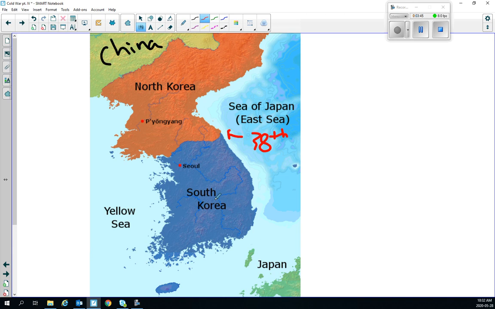World War II. Given that the Soviet Union was a communist dictatorship, it's only natural that North Korea would evolve into a communist dictatorship, which it does. And then given that America is democratically capitalist, it only makes sense that South Korea would also evolve into a democratically capitalist country, which it does. And in fact, to this day, both countries still maintain those opposing ideologies, but we'll get into that a little bit later. The capital of North Korea, as you can see here, is Pyongyang, and then South Korea, of course, is Seoul. And so that is the division, the split of Korea at the end of World War II,